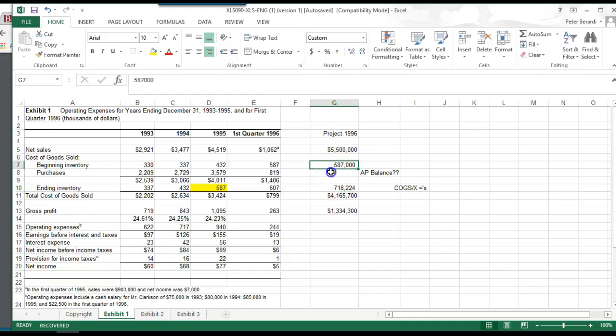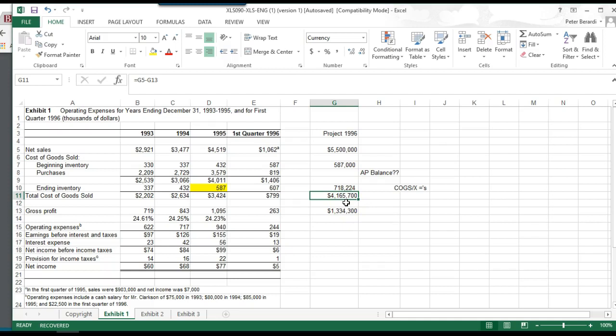Therefore, this plus that minus that will equal that. We can get an estimate of our purchases. So this beginning inventory plus X minus ending inventory equals that. So